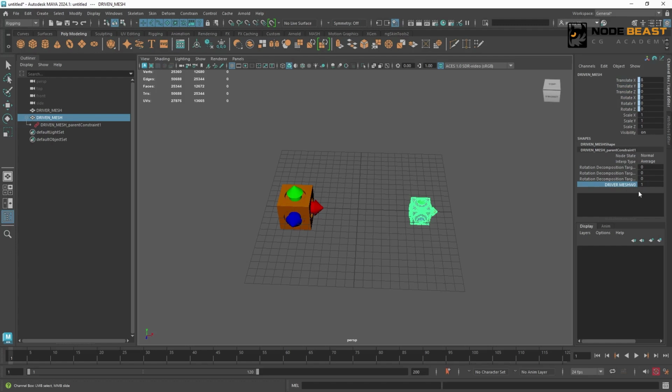This weight attribute doesn't just show us its weight value. If we also read the name in front of it, right before the W0, we'll see this thing called driver mesh. This matches the name of our driver object. So when we select our driven object and find its corresponding constraint node, we can actually see which object is the driver just by looking at this weight attribute. We don't have to do what we might talk about later, like opening the node editor and then checking its attribute connections. Before we get into more complex operations, a lot of the information we can actually get from this constraint node itself, and I personally find this very convenient.